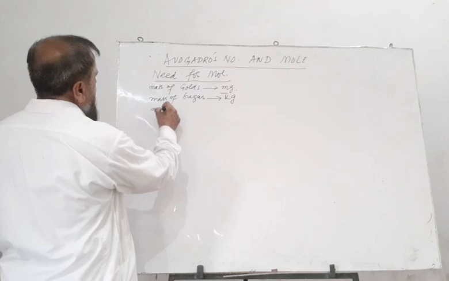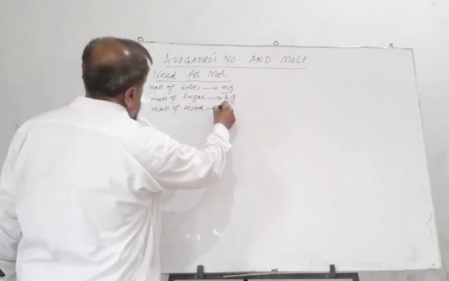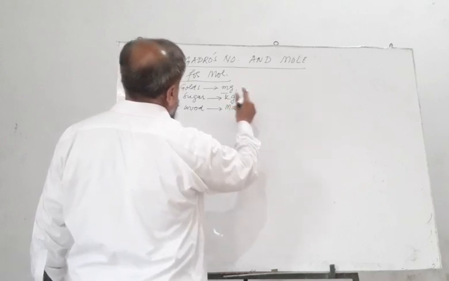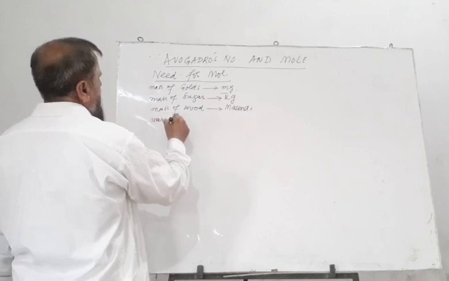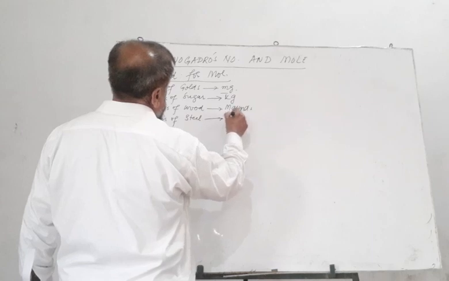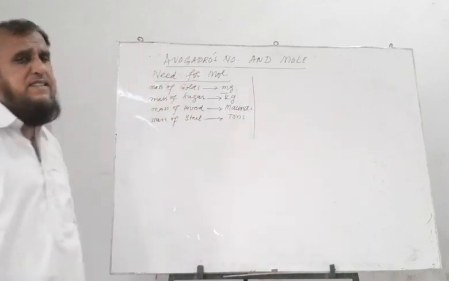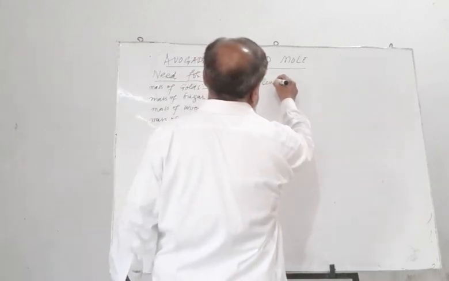The mass of wood is expressed in moles, and the mass of steel is expressed in tons. Likewise, if we are considering length, the length of a pen